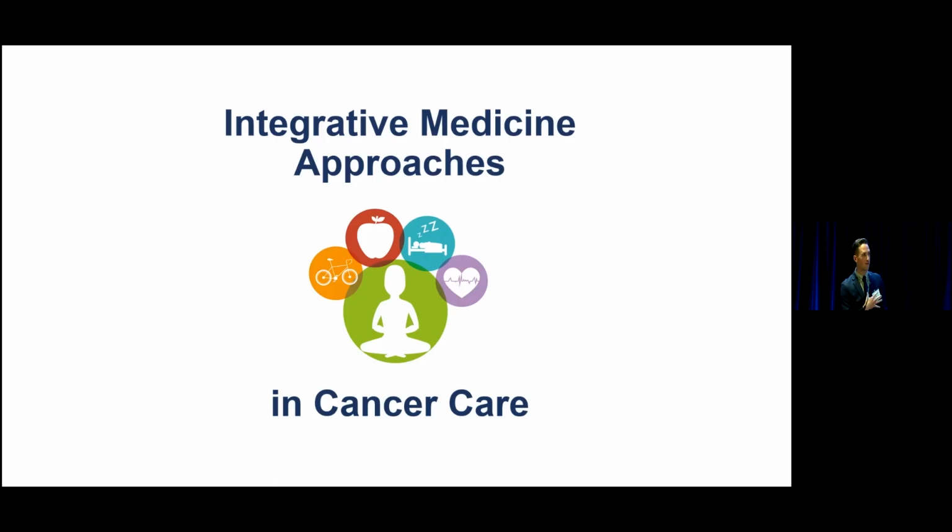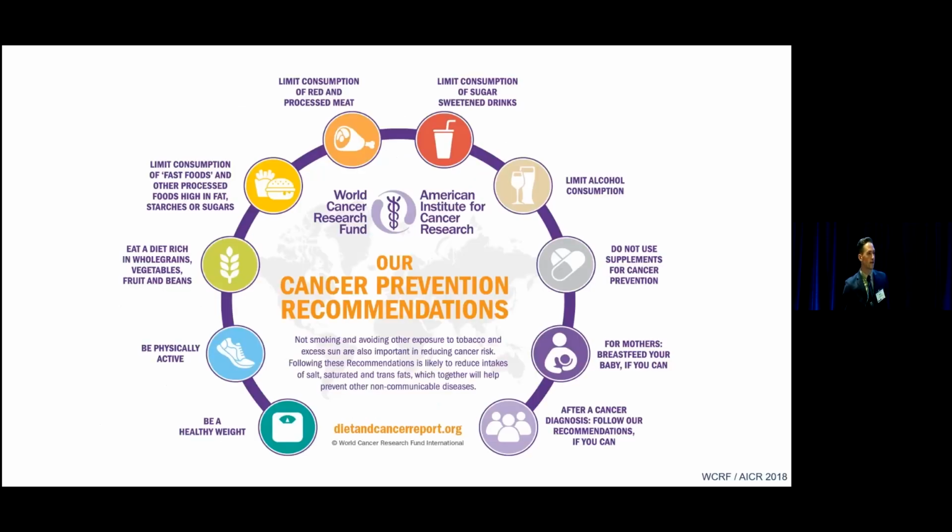Integrative medicine focuses on the whole person, focusing on supporting whole health. Each of you is going to have a complex and unique set of symptoms, as well as life situation. And so we need a similarly comprehensive and catered set of tools to address any of our concerns. The World Cancer Research Fund and American Institute for Cancer Research developed a great example of one of these comprehensive wellness guidelines that focuses on healthy lifestyle practices to